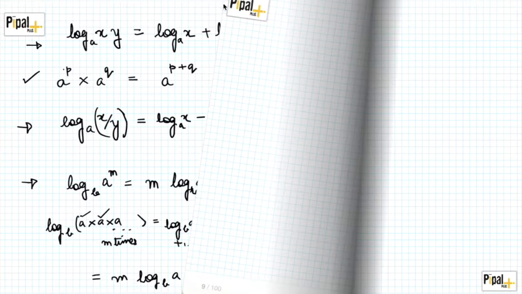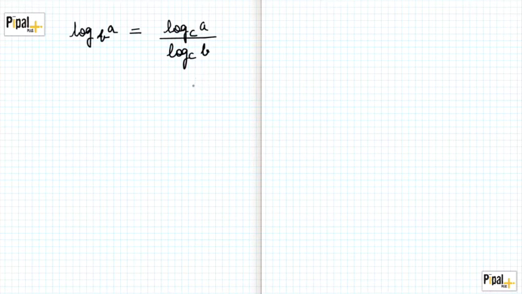Next, for the next one, let's say we have log base b of a. We can write this as log of a divided by log of b to another base c. Now this becomes an interesting property. Why? Because now I can introduce a completely new base, and I can express this log in this form. Now how do I prove this? Let's take the left hand side